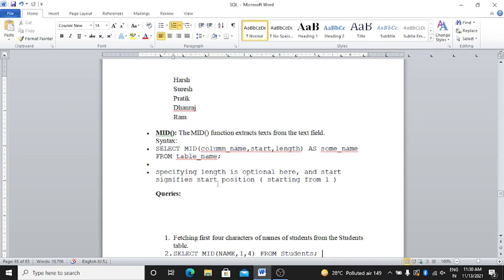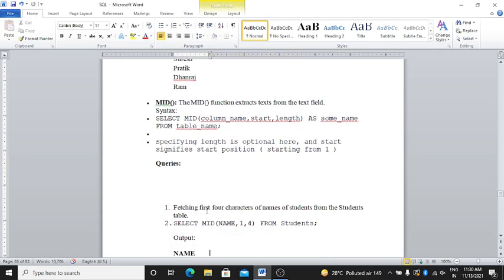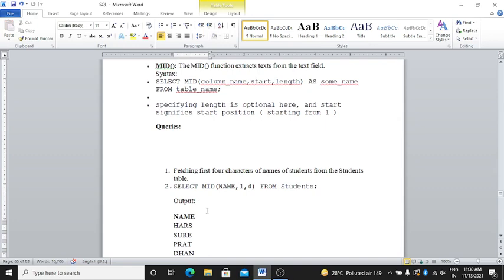Specifying the length is optional here, and start signifies the start position, starting from 1. The query is fetching the first four characters of the name of students from the student table. Then select mid name 1 4.